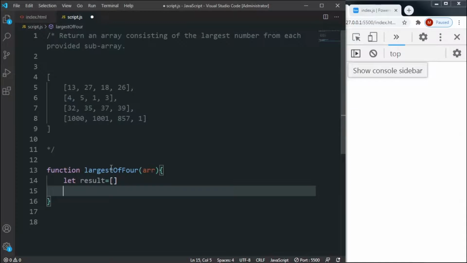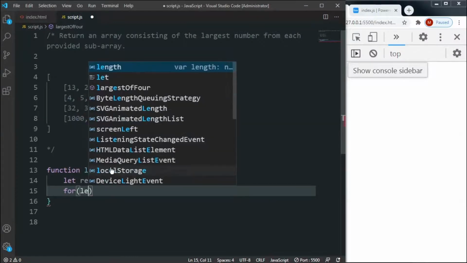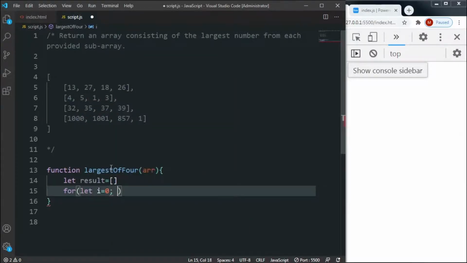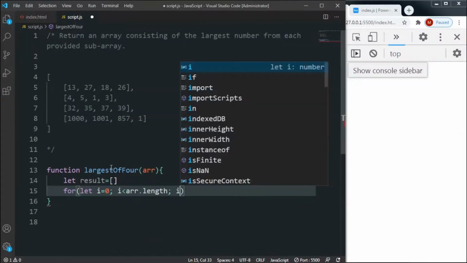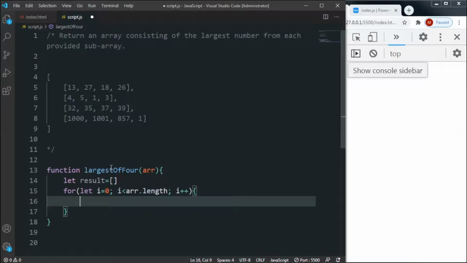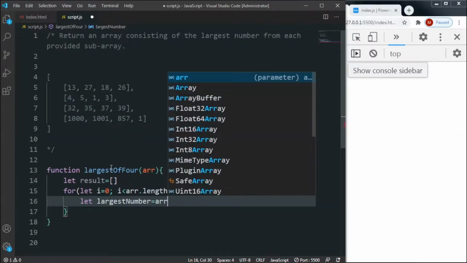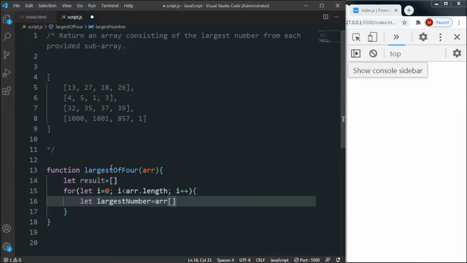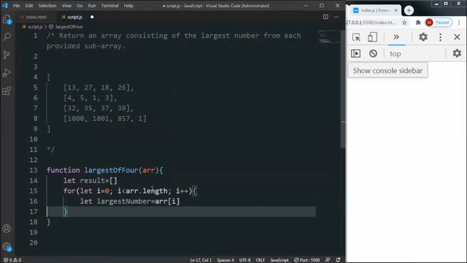Now we will loop in the array: for let I equal to 0, I less than array.length, I plus plus. Okay, now let's create the largest variable. Let largestNumber equal array at index of I, the first element,